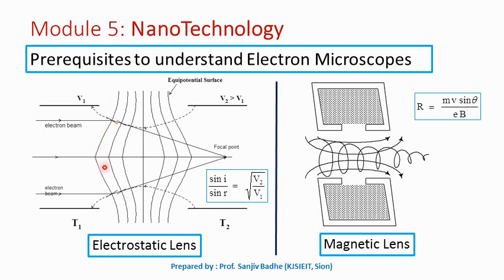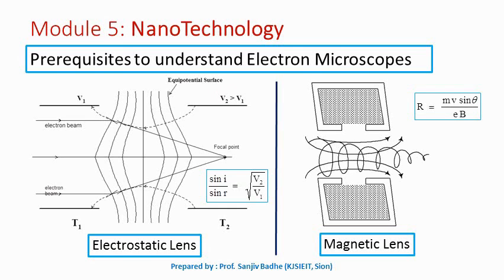These are the equipotential surfaces, which are perpendicular to electric field lines everywhere. So these equipotential surfaces will separate the two potential regions. For example, if you consider this equipotential surface, on this side of the surface the potential will be smaller than the potential on the other side of this surface, because as we go in the forward direction, potential is increasing. On the metal tube T2 we have potential V2, which is greater than V1.